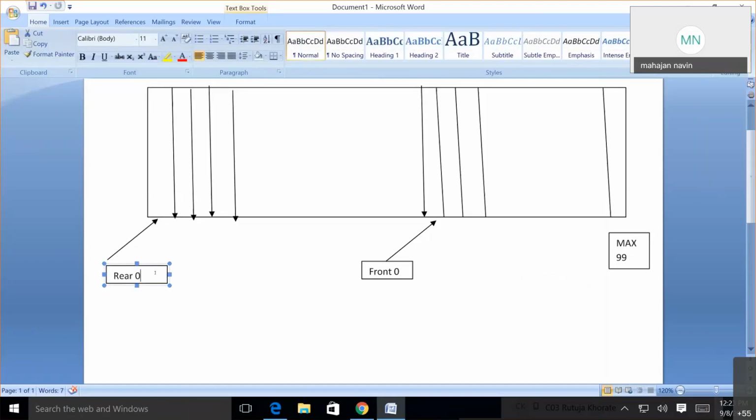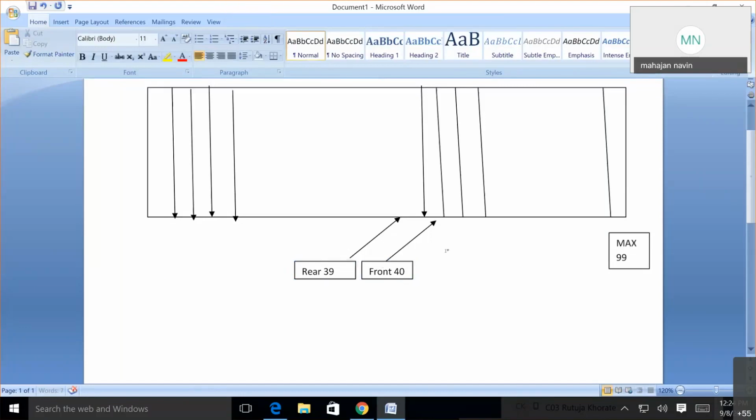Then if you move to the next element, rear becomes 1. But how long can it go? It can go to a maximum of 39, because front is pointing at the 40th position. So rear will come to the 39th position. That is the max it can come.